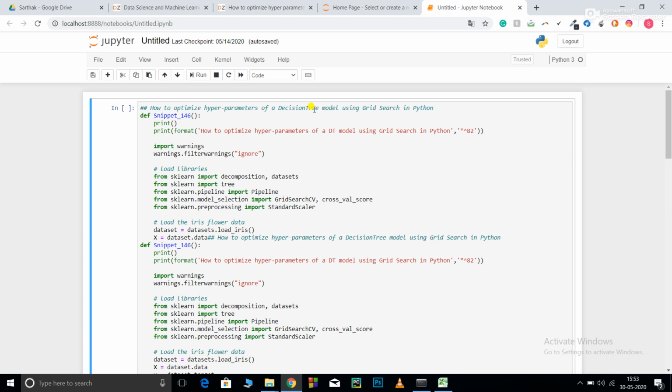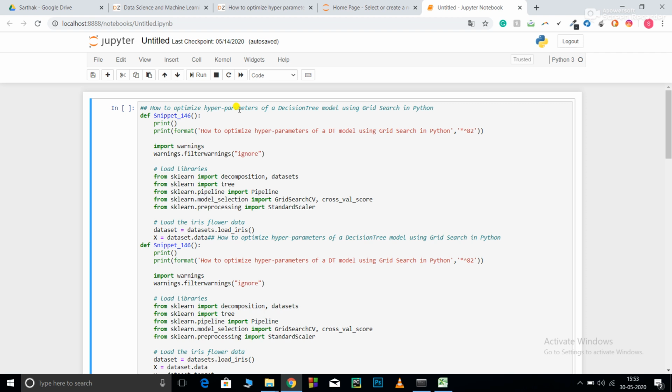So first of all, why do we need to perform hyperparameter tuning? When you make a model and test it, you are not sure whether the result you are getting from your model is the optimum result or not. You can still get a better result than what you got before by using hyperparameter tuning.